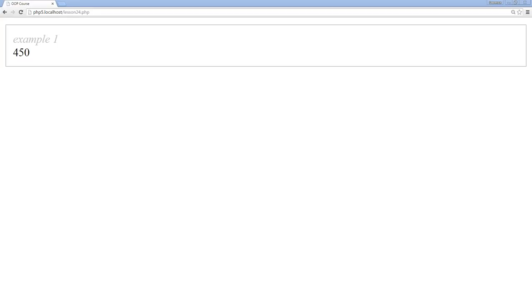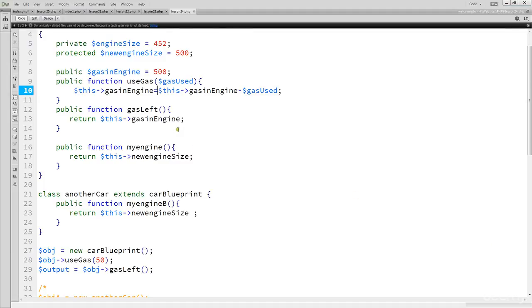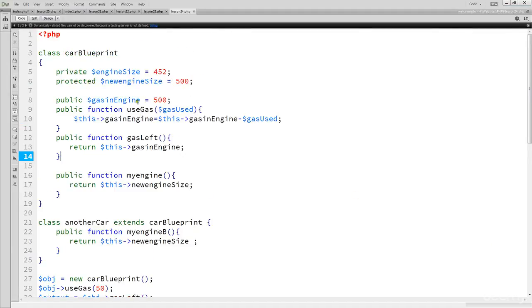In this example, we're going to be going over how to change a property value. So within our code here, we've added a whole bunch of new properties and methods available within our original class of the car blueprint. So we created a new public property of gas in the engine. We've got 500